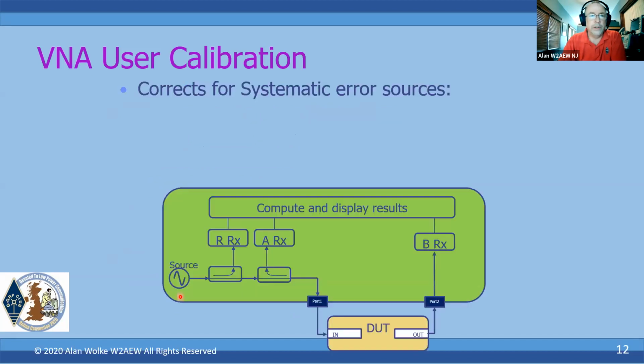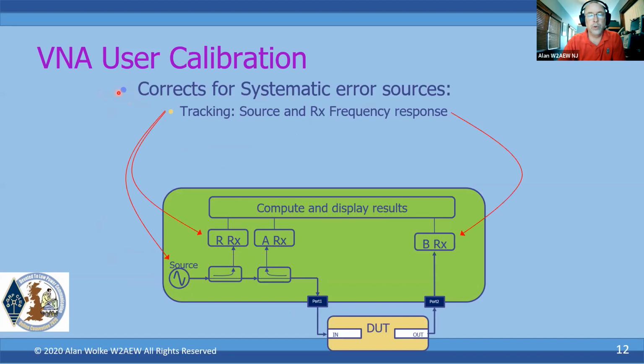So what does a user calibration actually do? It corrects for something that we call systematic errors. These are errors that are relatively predictable and aren't going to change while you're making your measurements. So it's not things like drift, but things such as what are called tracking errors, which are the source and receiver frequency response. So the frequency response of the source going out, the couplers and directional couplers or bridges, and just zeroing that stuff out. So that takes into account the instrument